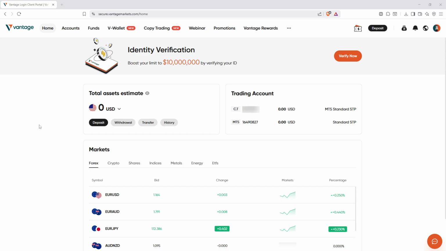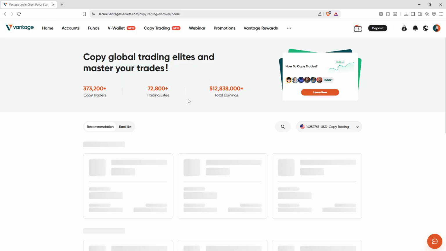First, you'll need to go to the official VantageFX Markets website where you'll be prompted to log into your account. Logging in is straightforward, but make sure you have your credentials handy to ensure a smooth entry into the platform. Once you've logged in, direct your attention to the top menu bar and click on the copy trading option. This will take you to the dedicated section for copy trading, which is the hub where you'll find and connect